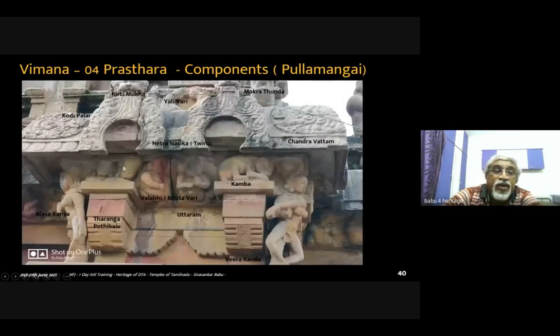So when you look inside the Kapodam, there are beautiful series of sculptures available. Most people visit. This is the Kapodam, which is like an extended sunshade kind of structure. In this, there is a lot of embellishment, like Nasika, an arch type of it. This is called Netra Nasika, and there are a lot of ornamental descriptions on this. On top of it, there is a Yali Vari, a frieze of Yalis. So this is how the prastara or the roof component looks.